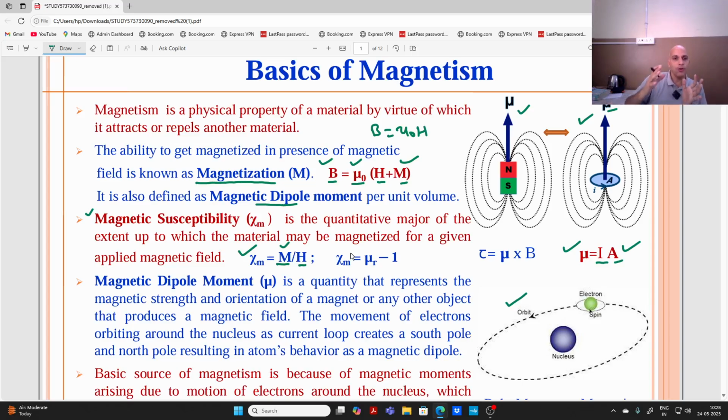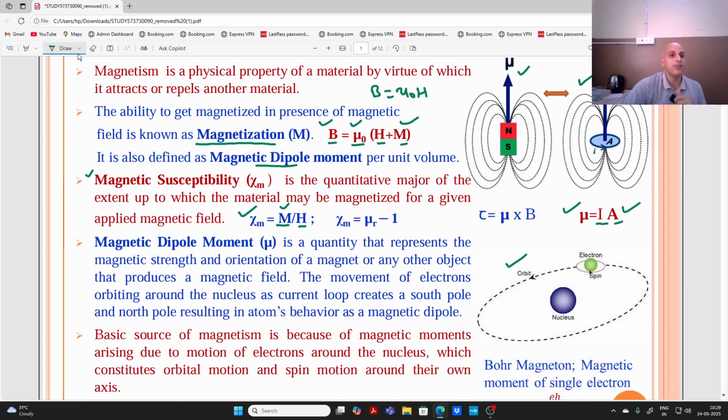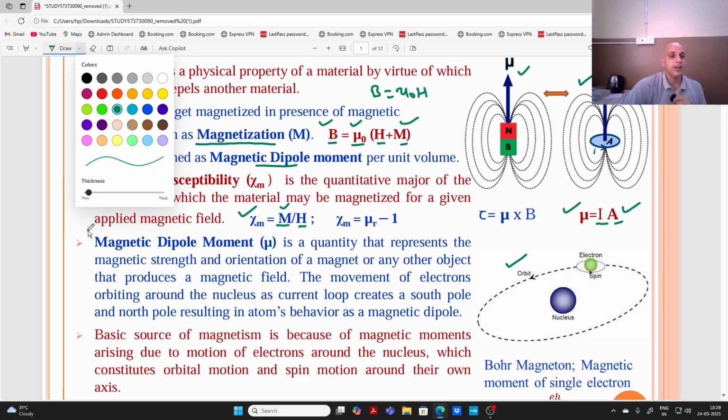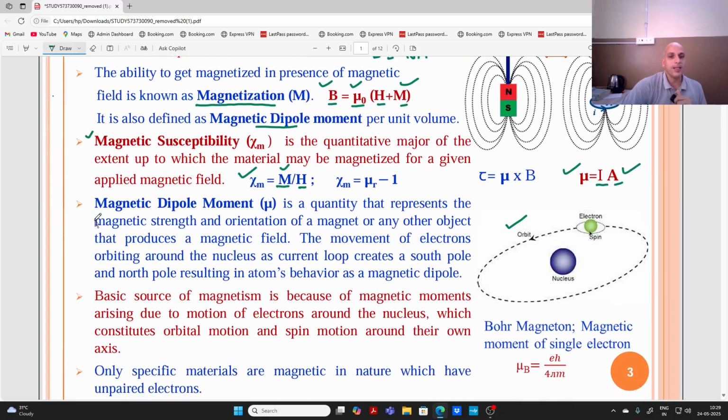So when we go for the different materials, we will look at these two important factors. One is the magnetic field induction B, and the second is the magnetic susceptibility, right? Because these two things will tell us the behavior of the material when it is placed in an external magnetic field. Magnetic dipole moment, you can see here, is the quantity that represents the magnetic strength present in the material and its orientation, right? I already explained this. When this magnetic dipole moment mu is placed in an external magnetic field, it experiences a torque